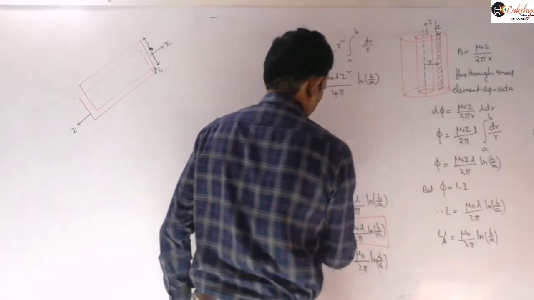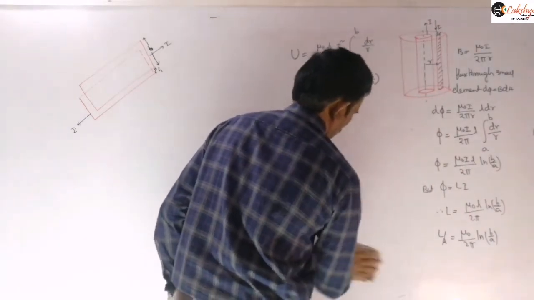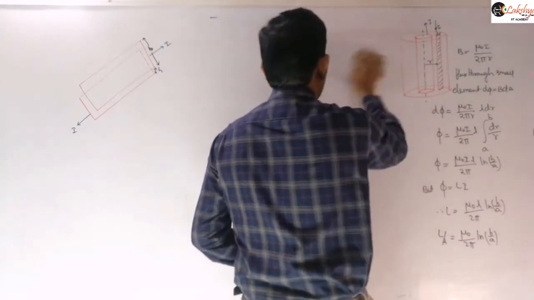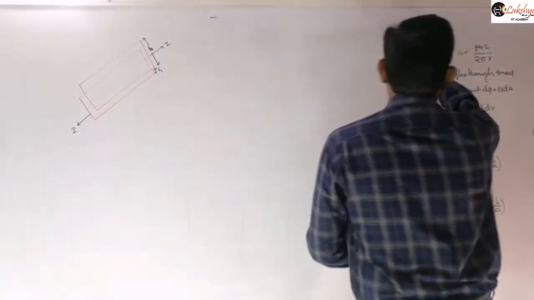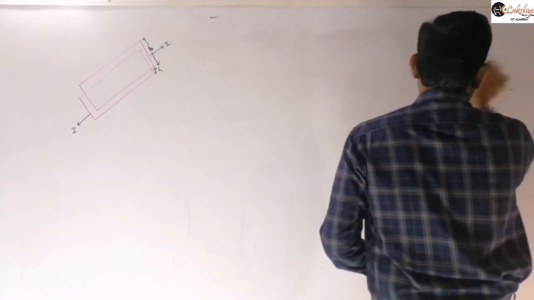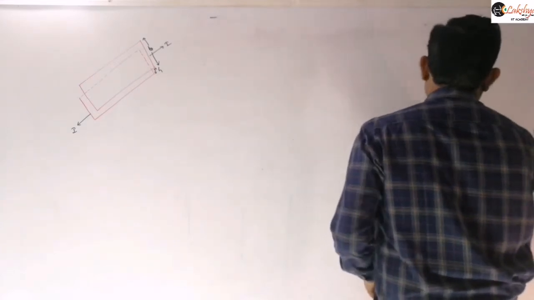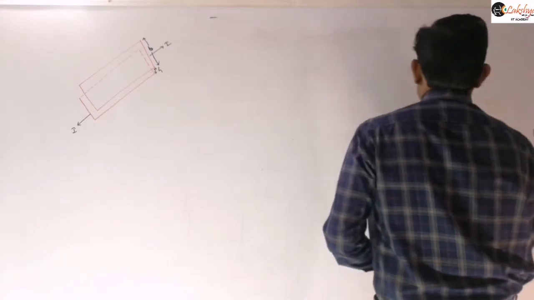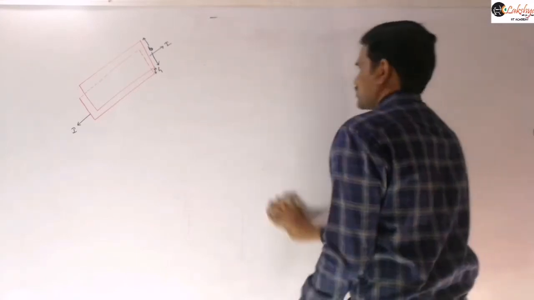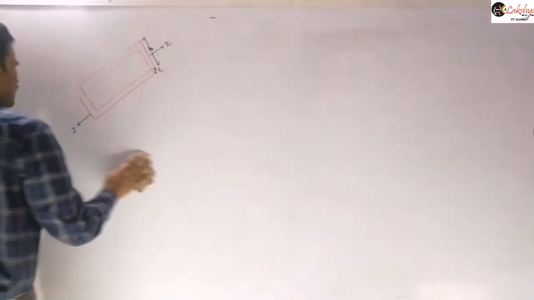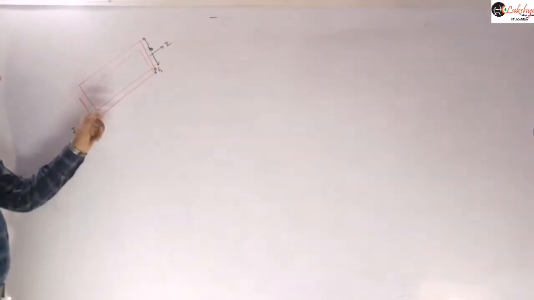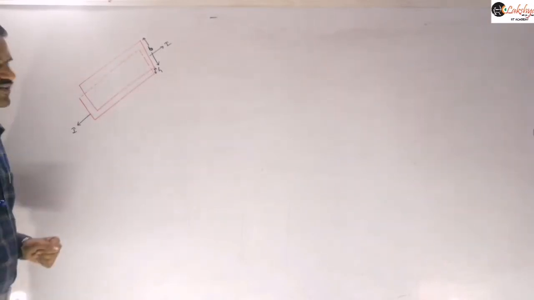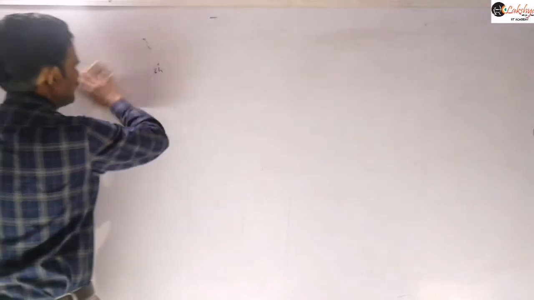Actually, the magnetic field due to this plane current carrying conductor we already discussed in Ampere's law. In Ampere's law applications we already discussed the magnetic field due to this plane current carrying conductor. So use that formula and from that derive the expression for the magnetic induction, that means the inductance. Use the flux calculation method, then you will get this easily.